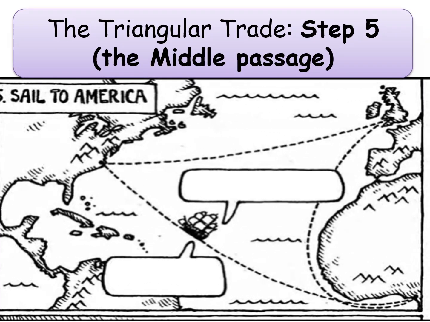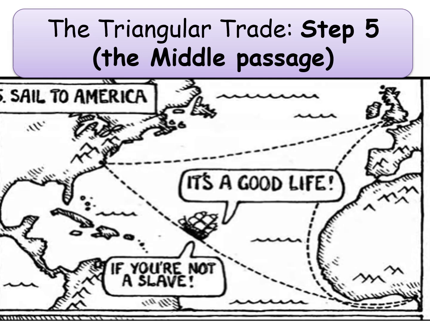So the triangular trade route, first thing, it's a good life unless you are a slave, right? So the slaves now have gotten on the boat, we've crossed the ocean, we've landed in America, they're unloaded, and they are put in slave auctions, and they are sold to the highest bidder. Pretty nasty practice, but it was very, very profitable for those in the South, in the colonies especially. So let's talk about slavery